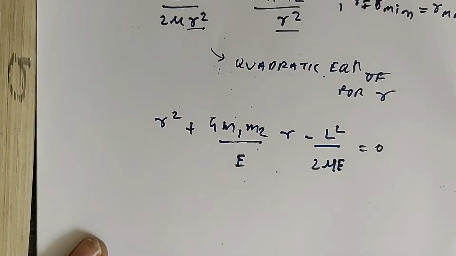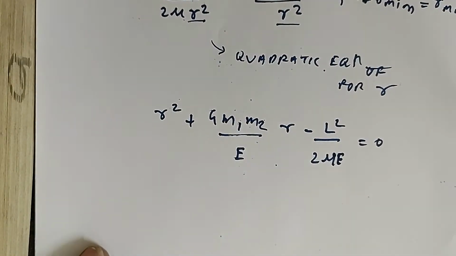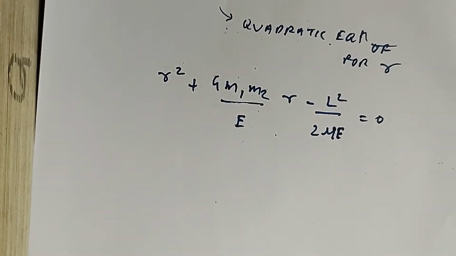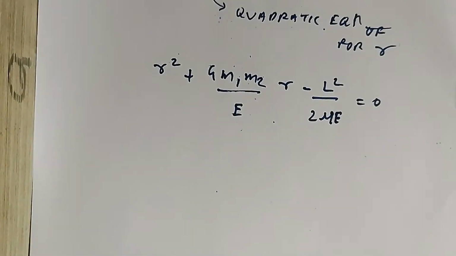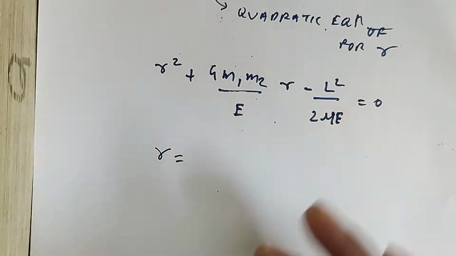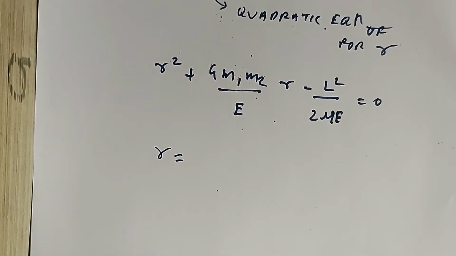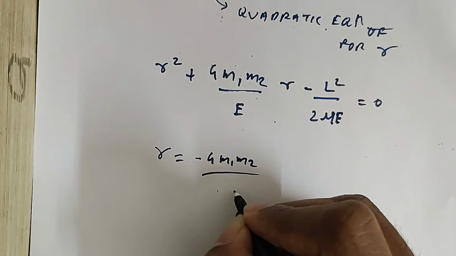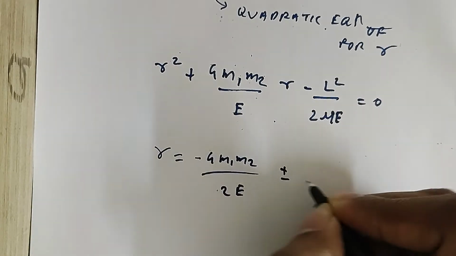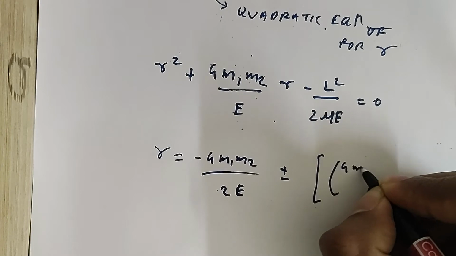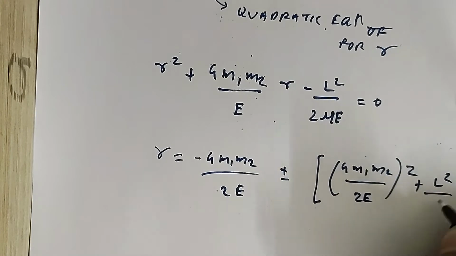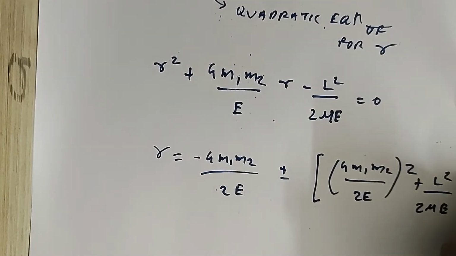So now I can use the quadratic equation solution, so I can get a solution. Rather than working through the mathematics and just writing the final answer directly, I promised I will go through each and every step, and that's exactly what I'm doing. I'm just leaving a small part to you, which is not a big deal. L square upon 2 mu E, this is going to the r square root, because